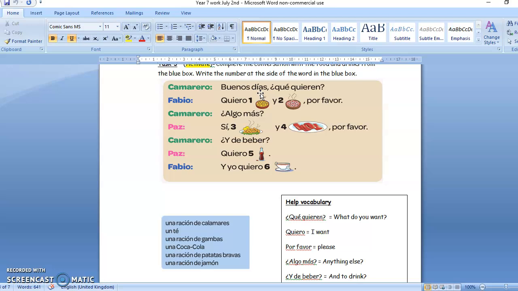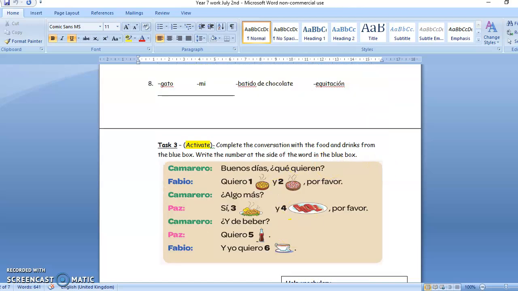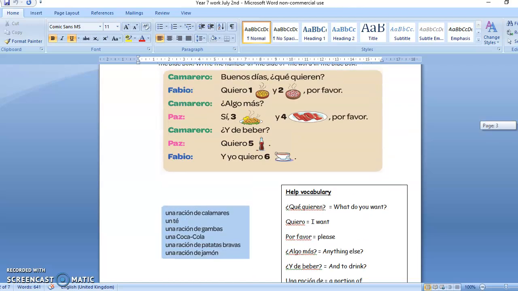Now this here would be the spicy potatoes. That's the picture. It's only tiny, so that's why I'm telling you. Number 2 would be prawns. 3, squid. 4 is the ham, quite similar to Parma ham if you've ever been in an Italian restaurant. And obviously that's Coke. We can tell from the bottle. And number 6 would be a hot drink that we have here in England. So I would like you to write the number